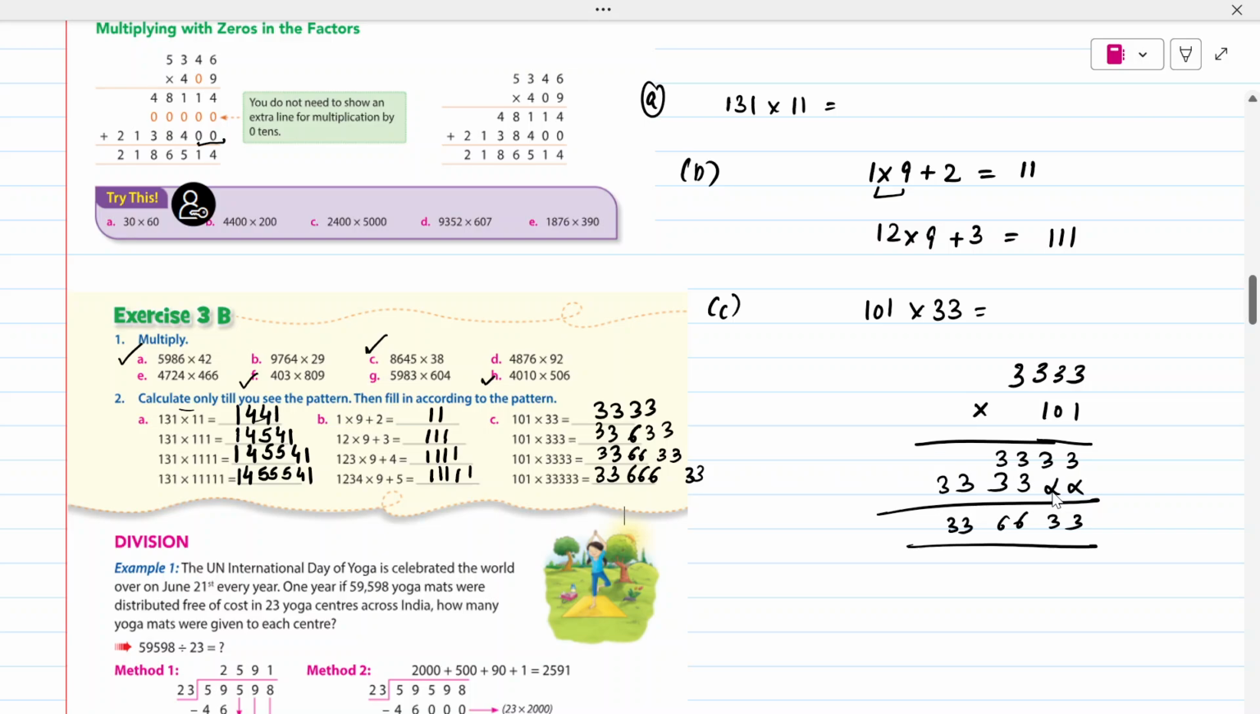Okay, then if we have a 0 at the end of the number, there is no need to multiply, we can keep it at a side, and after we get the product, we can just put that 0 in the end. Okay, so this is all about multiplication, and in the next class we are going to start with